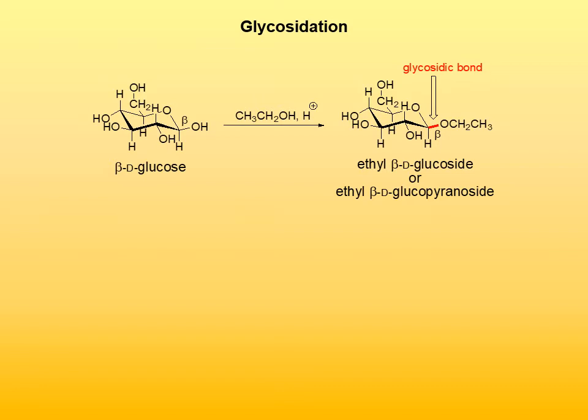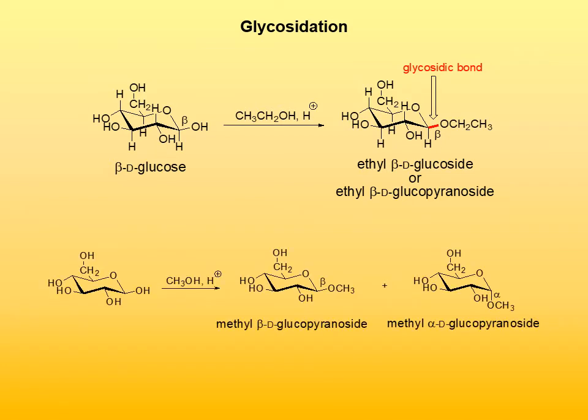In this case, the starting material was beta-D-glucose, so the product is ethyl beta-D-glucoside. Now, a reaction of a single anomer can lead to formation of both alpha and beta glucosides,